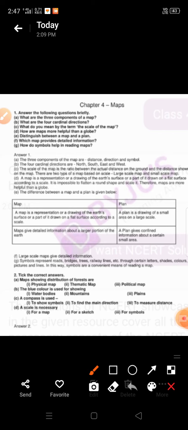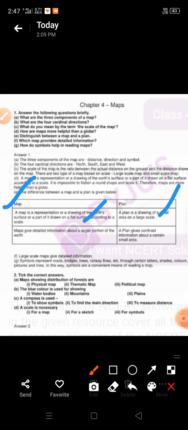The next is, distinguish between a map and a plan. What is the difference between a map and a plan? Here is the answer. A map is a representation or a drawing of the earth's surface, or a part of it, drawn on a flat surface according to a scale, and a plan is a drawing of a small area on a large scale.